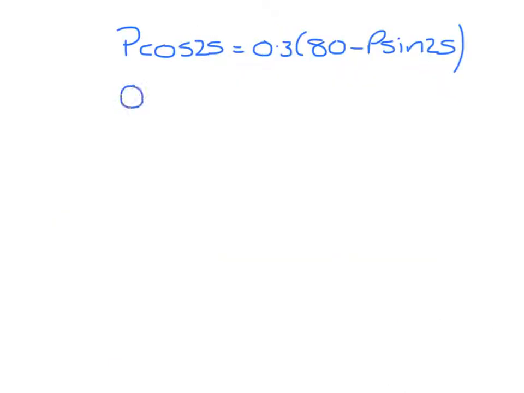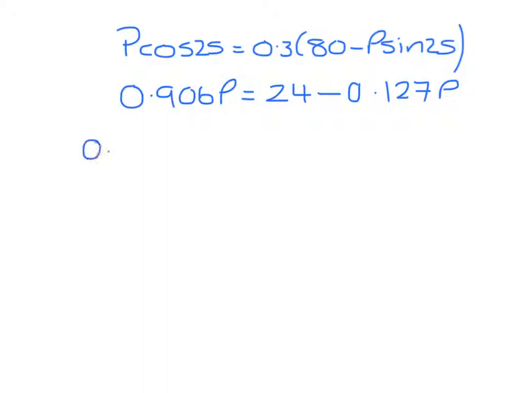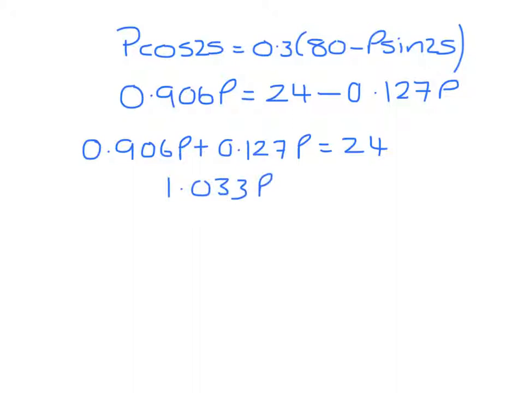So 0.906P has to equal 24 minus 0.3 sine 25 P, which is 0.127P. So 0.906P plus the 0.127P has to be 24. 1.033P is 24, so P will be 24 divided by 1.033,